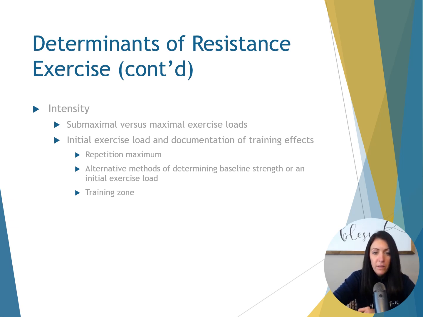Some alternative methods to look at determinants of resistance exercise would be body weight percentage, where you would estimate the amount of external resistance, and strength training using something like isokinetics. Another is called a training zone, and that is a percentage of a 1 rep max. For sedentary untrained, you would do 30 to 40% of the 1 rep max. Highly trained would be 80%. Healthy untrained is 40 to 70%. For patients with deficits in muscle strength, or to train for endurance, you would do a low load at 30 to 50%, which is safe yet challenging.